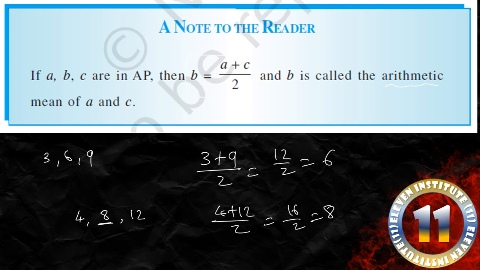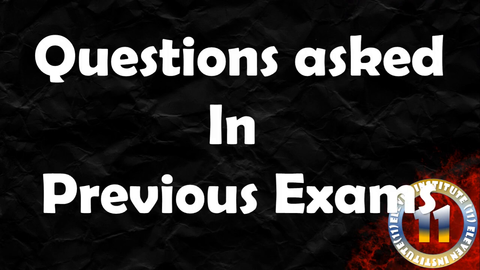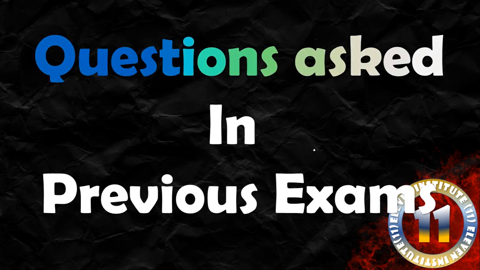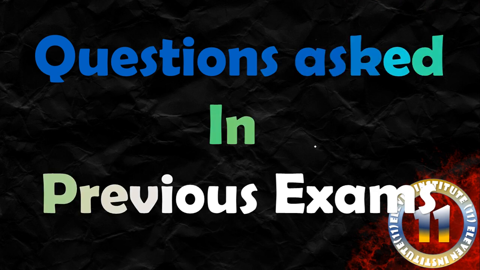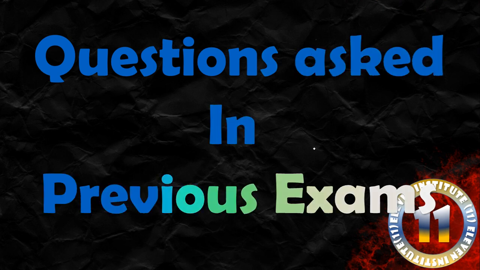Right, of arithmetic mean. So please write this as a note in your CW. Why am I mentioning this over here? Because there is a 1 mark question being asked from this chapter, and they can ask this also, right? Please pause the video and write this note and this example in your CW. Once you have written this, we shall see the questions asked in previous exams, right? So let us now solve the questions asked in the previous exams, the first term, the prelims and the final board exams. Let us move ahead with the first term exam.